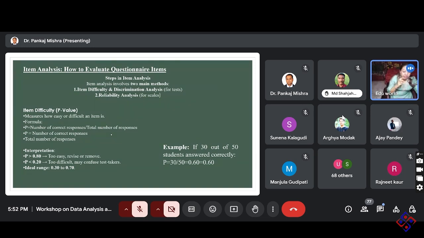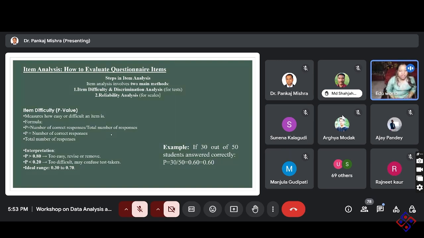So, if you have applied the achievement test, the achievement test is nothing but when you are conducting any research that is related to a subject, and you want to test whether the person is good in that subject or not. On the basis of that you have framed the questions. Based on those questions you have to check how many people have answered correctly.